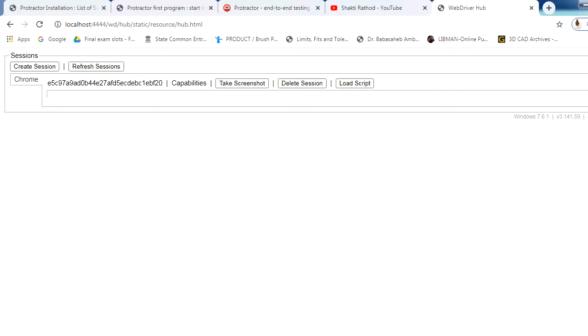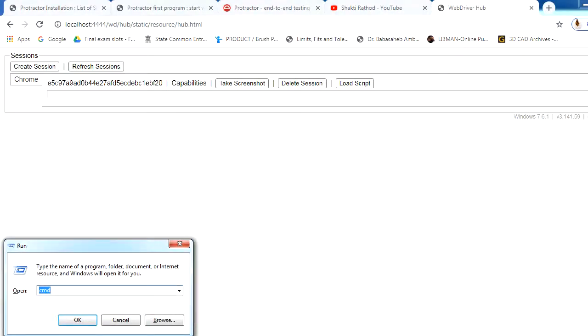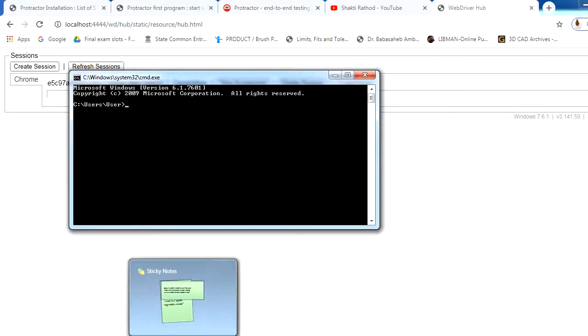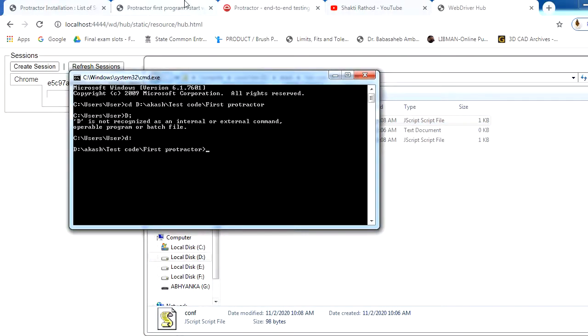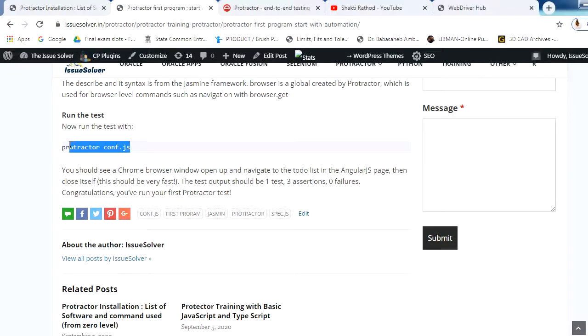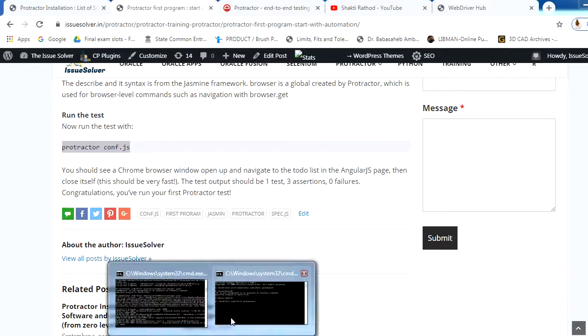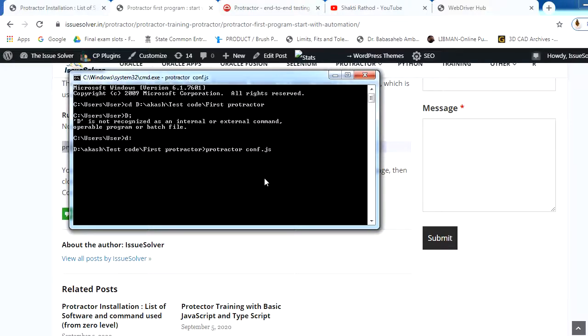So what I have to do now is go and run our script. I will go to this location, and the command to run Protractor is protractor then conf.js. Whatever your configuration file name is, that you have to give.